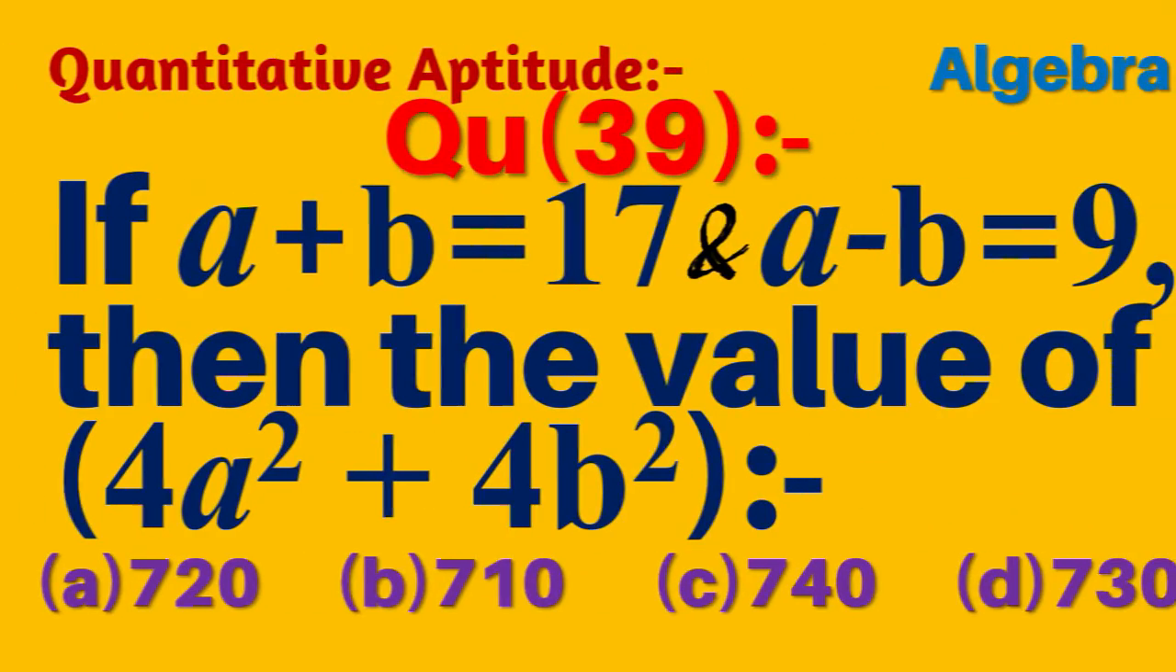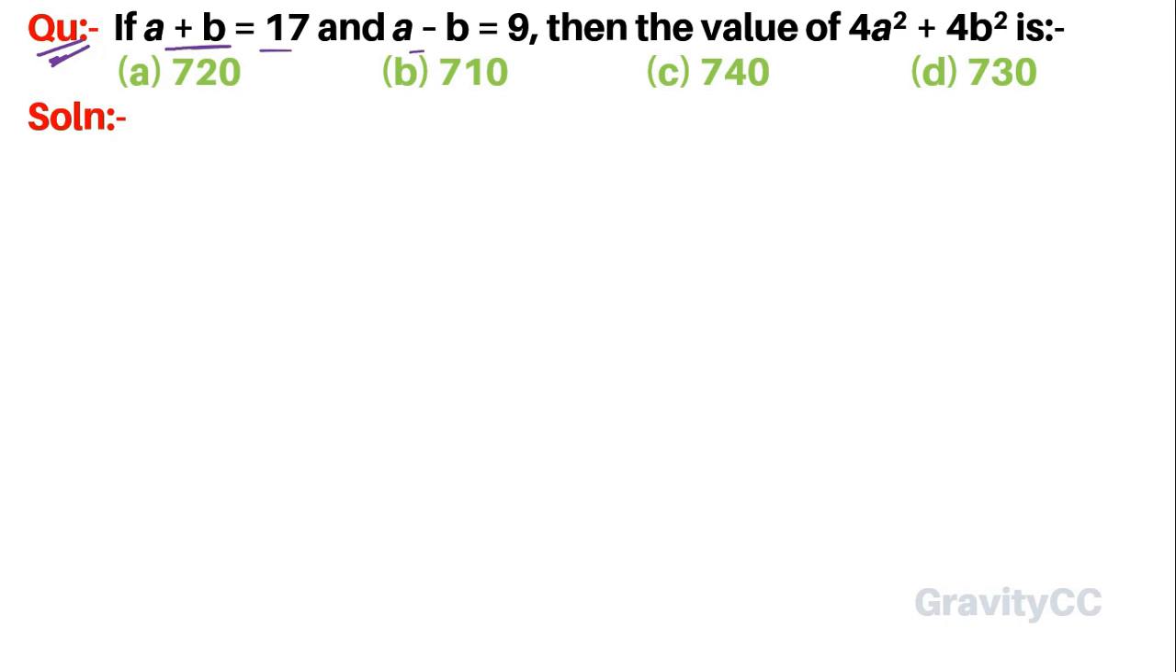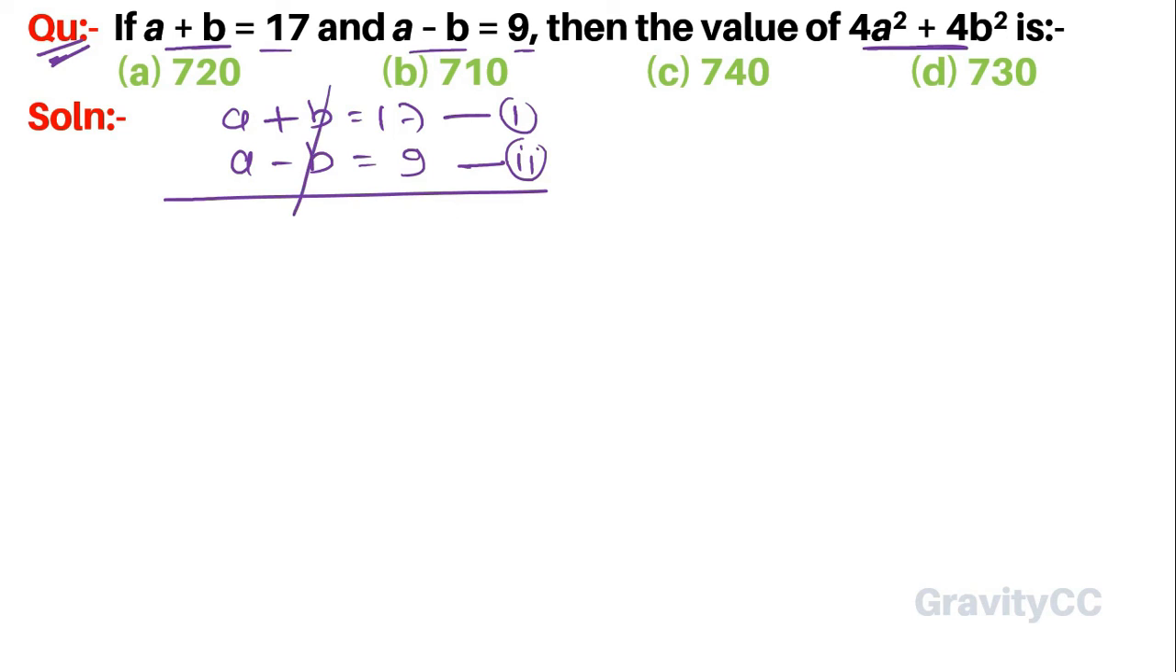If a plus b equal to 17 and a minus b equal to 9, then the value of 4a square plus 4b square is. So the value of a plus b is 17 and a minus b equal to 9, and we have to find 4a square plus 4b square. So a plus b equal to 17, this equation is first, and a minus b is equal to 9, this one is second. So b also cancels. So 2a equal to 26. So a equal to 26 upon 2